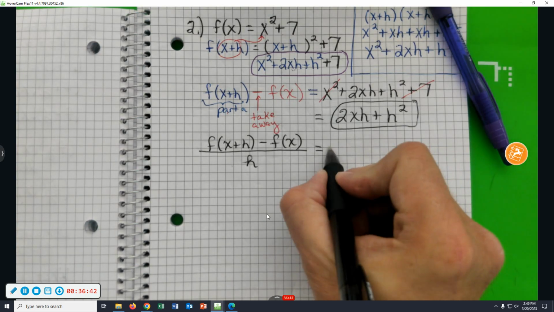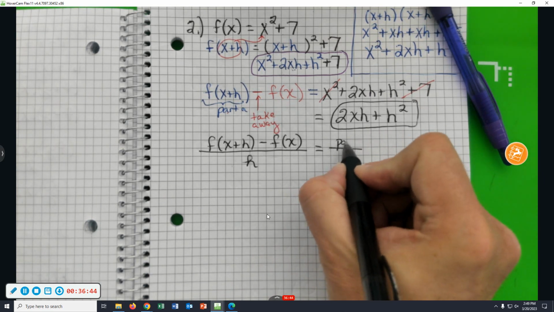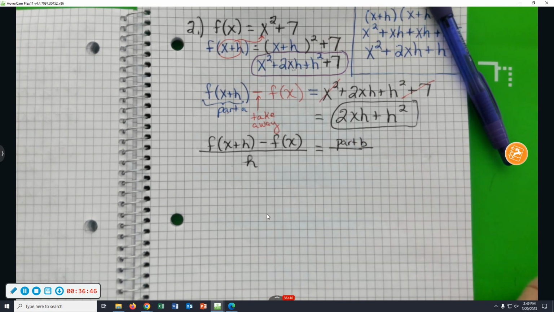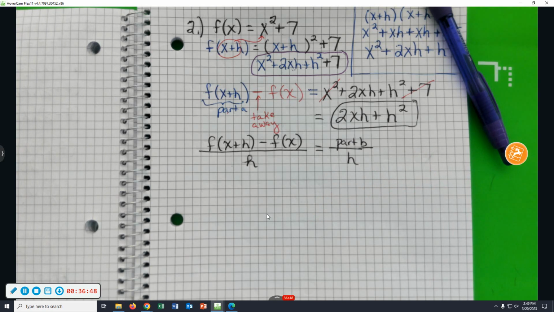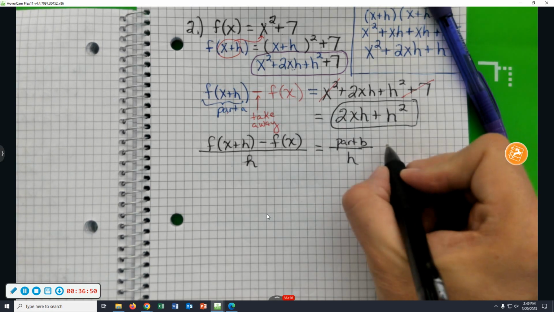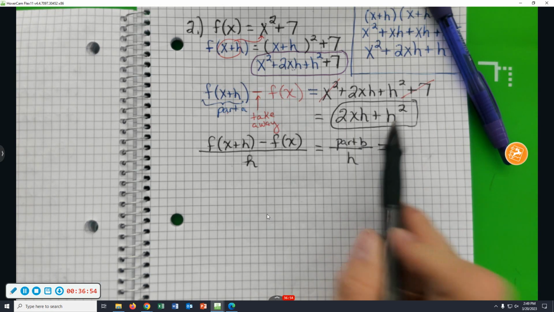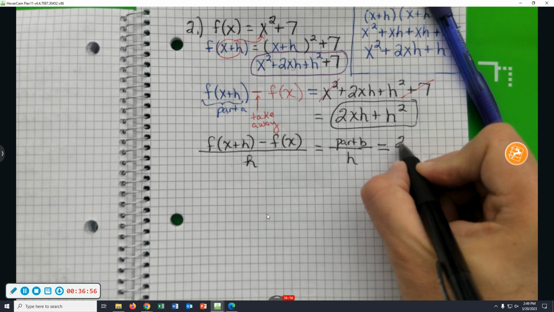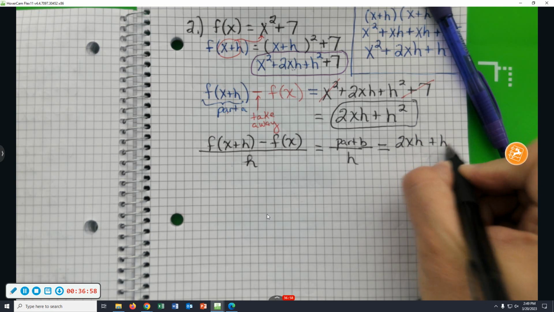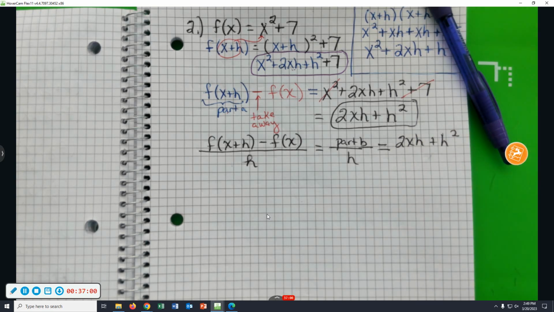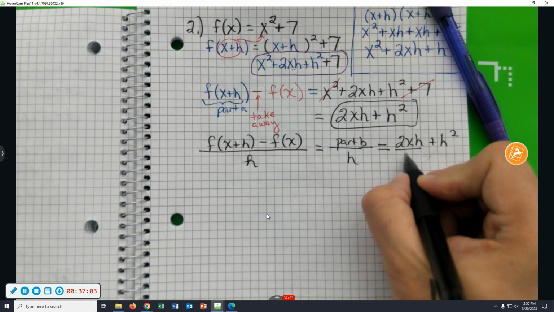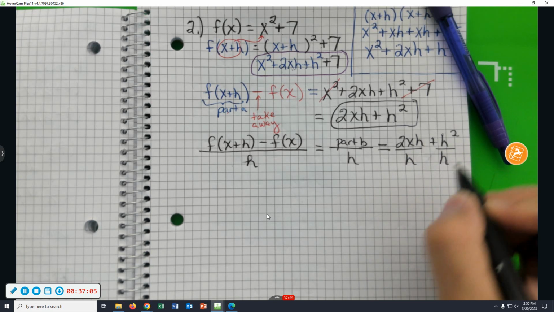Take your answer from part B and just put everything over h. Let me show you what I mean. Here's my answer from part B, 2xh plus h squared. Put each one of those terms over h,